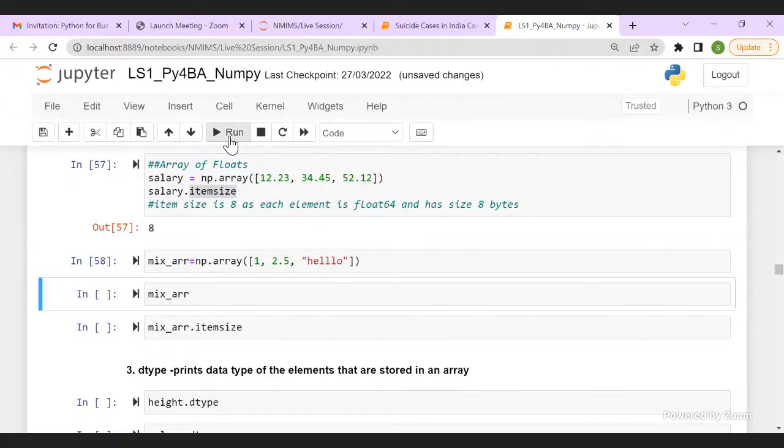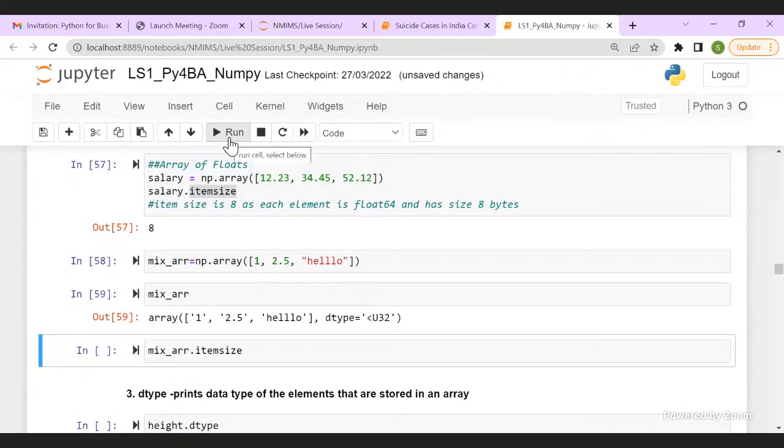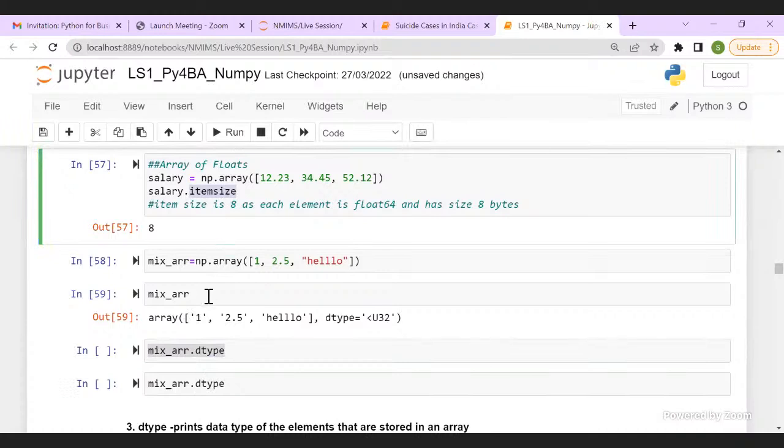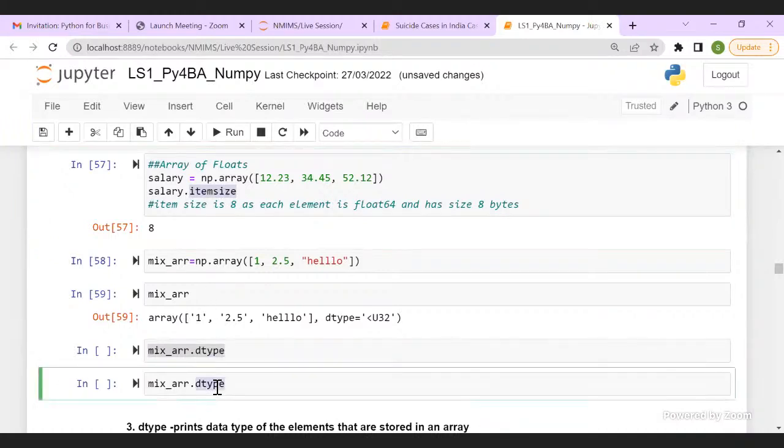I did not get an error, and it has created an array. Can someone throw some light? What happened here? I'm saying that you cannot create an array of mixed data type in NumPy, whereas I was successfully able to create an array.